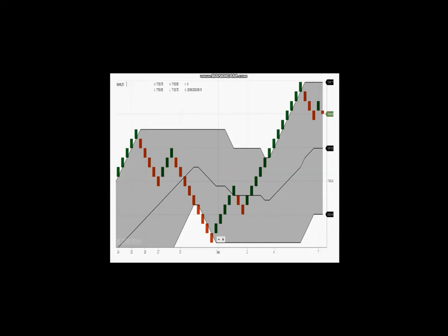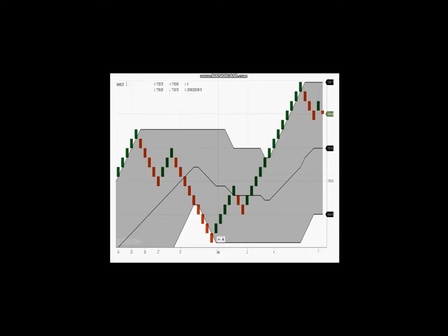Take the trade entry whenever the Renko bar is just passing the mean average line. That means the line at the center, the black line. I already explained this is the average line of the upper price band and the lower price band. This is our entry point. The moment a Renko bar is formed above this line, you need to enter into the trade. So far this is clear.